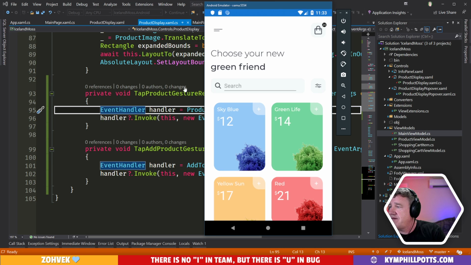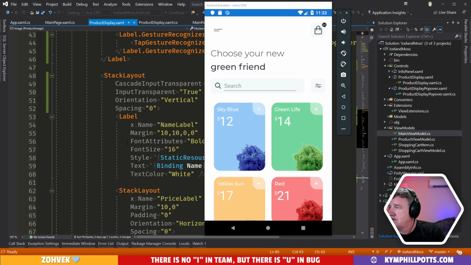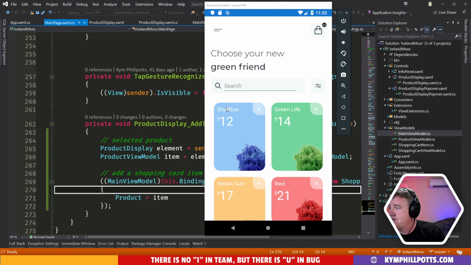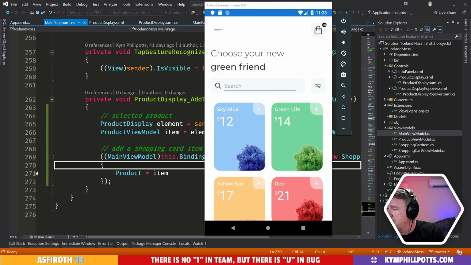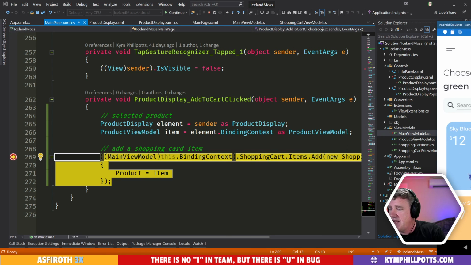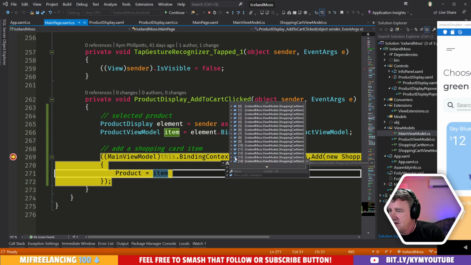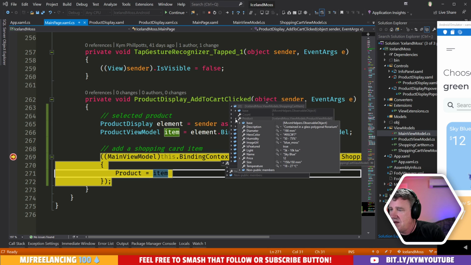Yeah, right. So if I have a look at my main page, yeah, here, when I click this item, if we have a look at what the shopping cart contains, it's got like, that's a